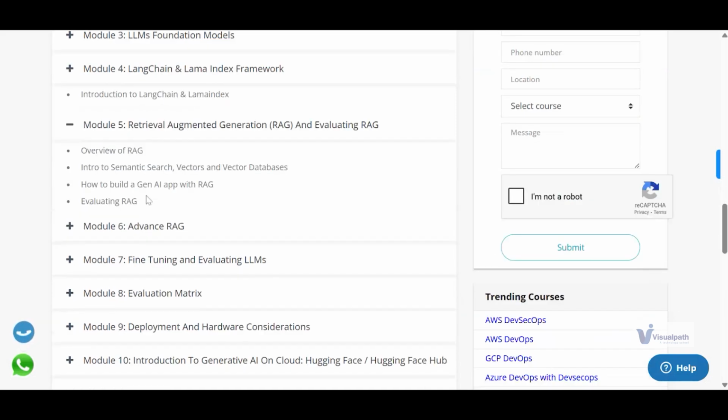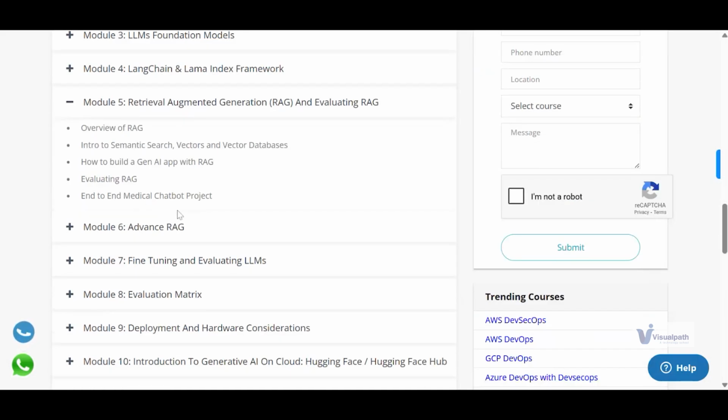RAG system, which is an important thing, where you can use your data which is not available over the internet, some confidential data. Suppose you have, how to build that application using what they call retrieval augmented generation. How this RAG system, where the model is only accessing your data and trying to query that data. So how these RAG systems are built, that we will do.